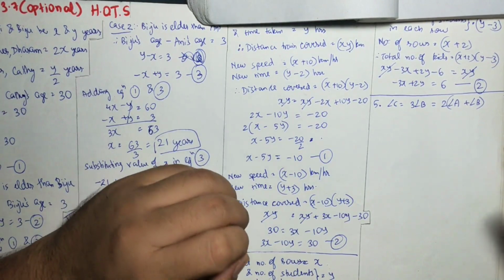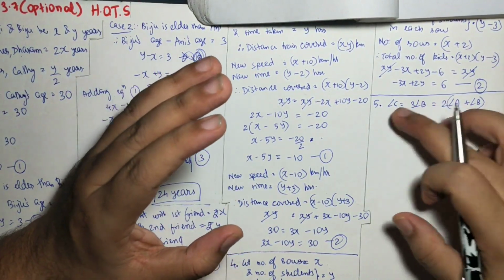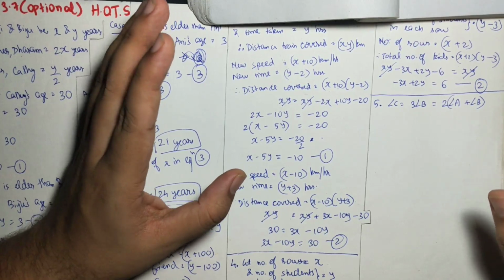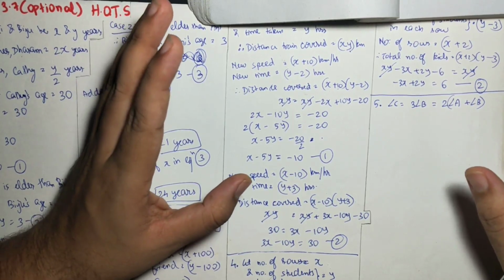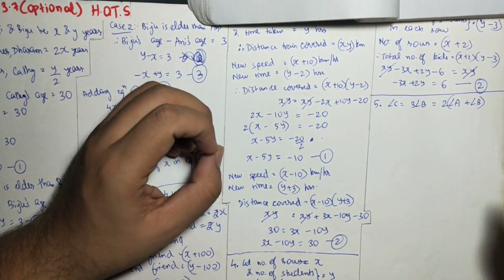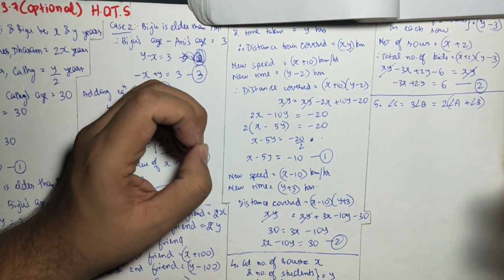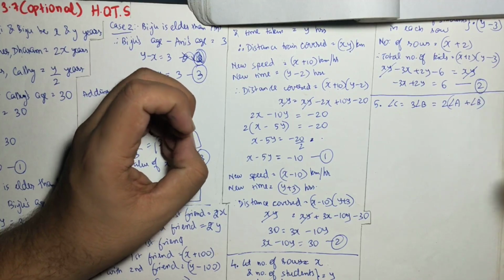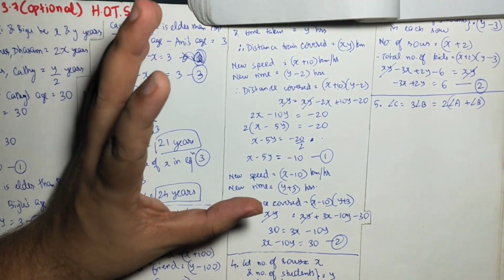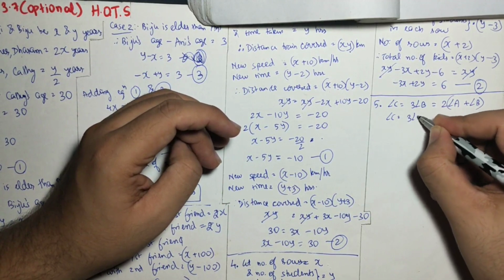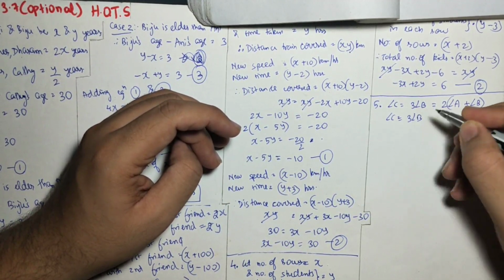All these three are equal to each other. Angles A, B, C form a triangle. So we know the angle sum property of a triangle, that is 180 degrees. We will apply that only. So first of all, we should be able to compare each of the angles with only one angle. Suppose we know that angle C is equal to 3 angle B. This is the first part of this equation.